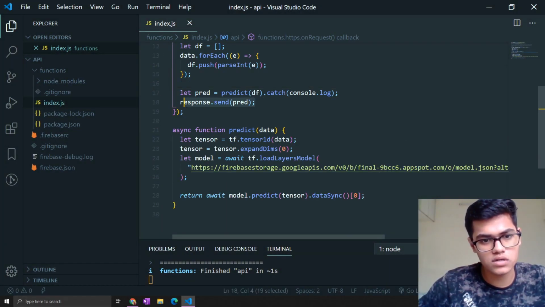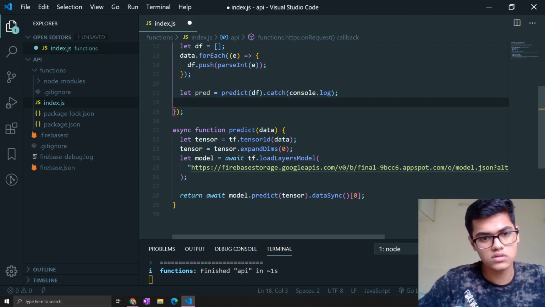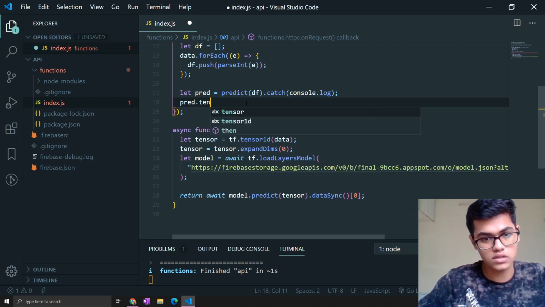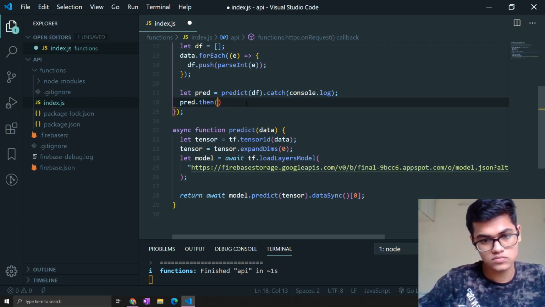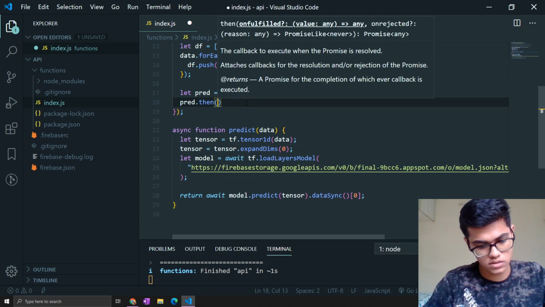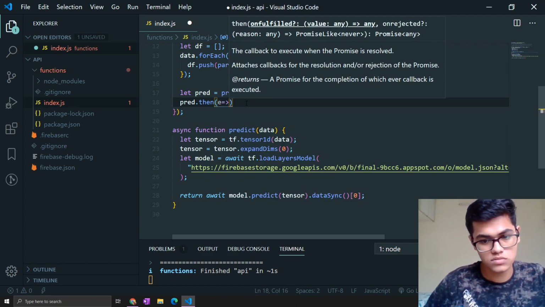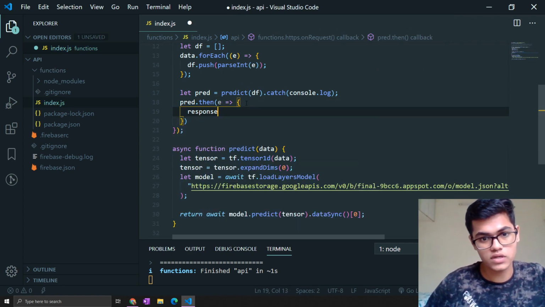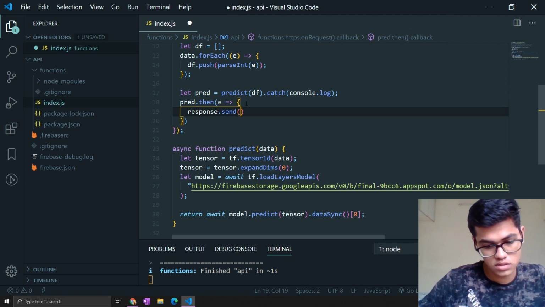Actually we can't do this thing. It is actually going to do this predict dot then thing. We will get the actual, let's call it e for some time. Now we can response dot send this e.